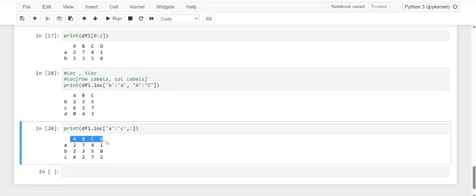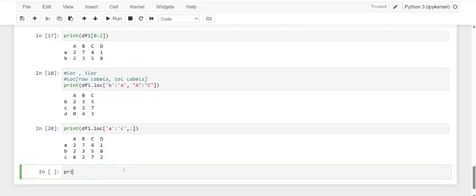But the columns and rows may also not be contiguous. In this case you can also use a list containing the labels to be selected. Kindly just have a note of it. I'm just going to give data frame 1 dot loc, and inside I'm going to give one list, with uppercase labels.